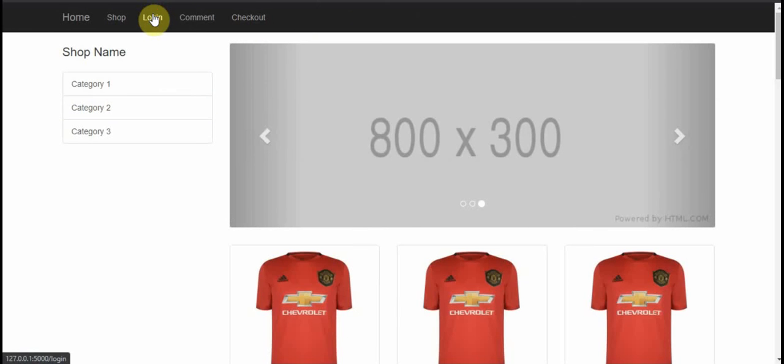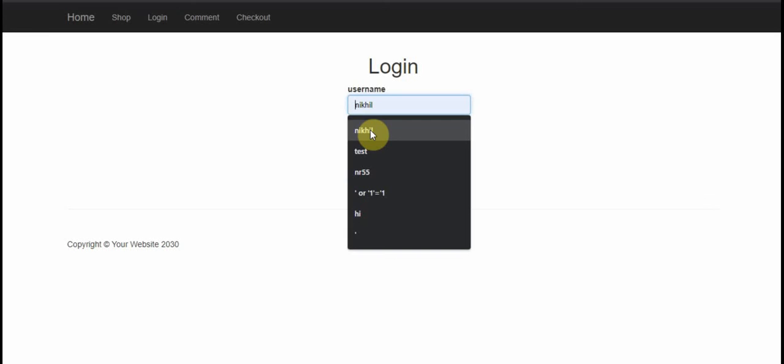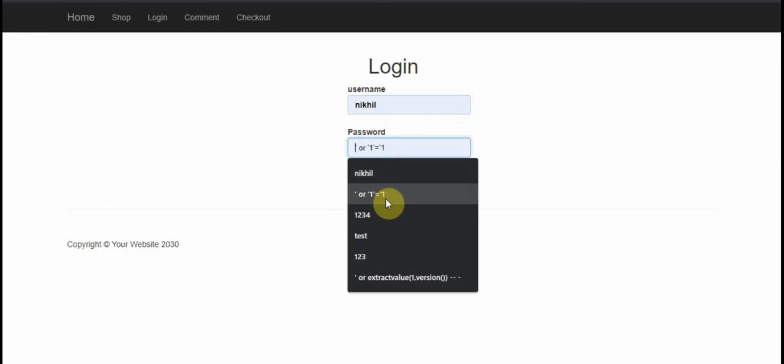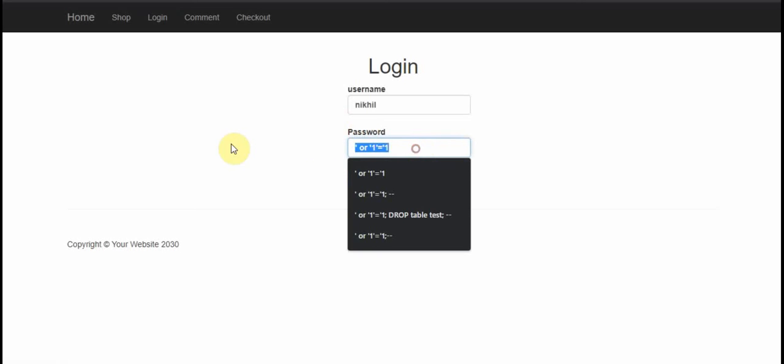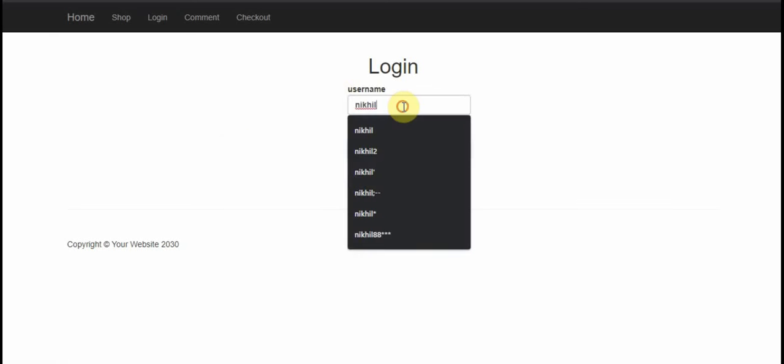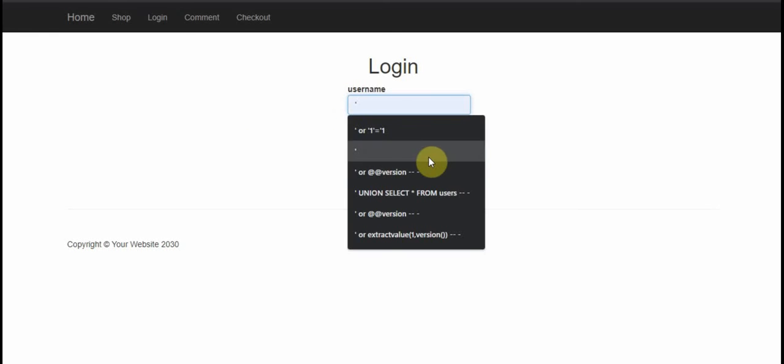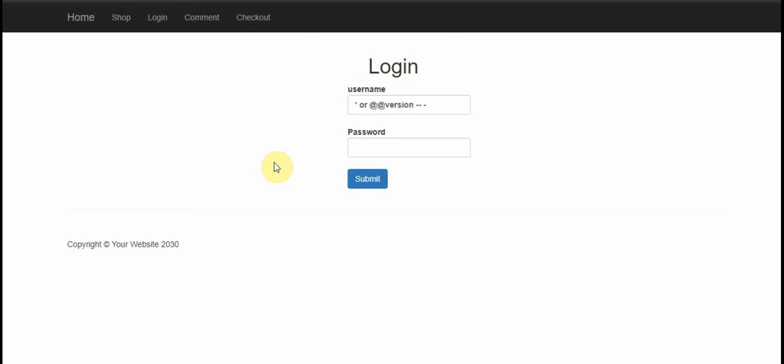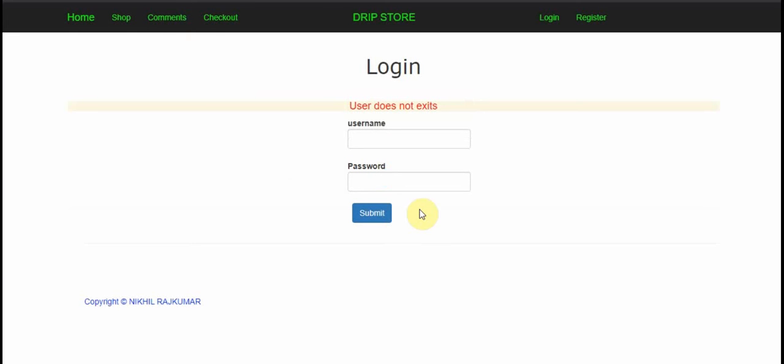So we go to login, we say Nikhil or 1 = 1, and we submit. It says error. So it says SQL injection is not working here. So how about we try the or version attack here, and it still gives me an error. So we've secured this. Now to evaluate our work, we will test them against